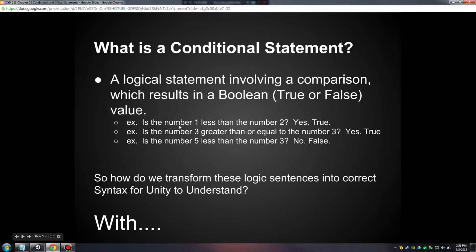Okay, is the number 1 less than the number 2? Yes, that's true. Is 3 greater than or equal to 3? Yes, that's also true, because it's greater than or equal to, equal to being the operative word here. So this statement's true as well. Is the number 5 less than the number 3? No, number 5 is greater than number 3. And you can see that the answers to all three of these sentences are either yes or no, or trues